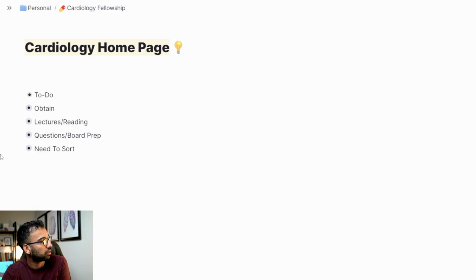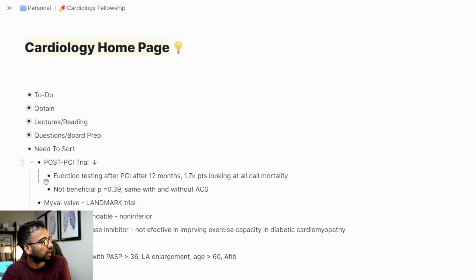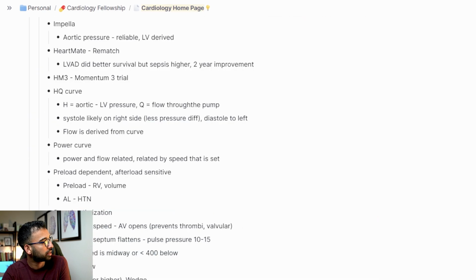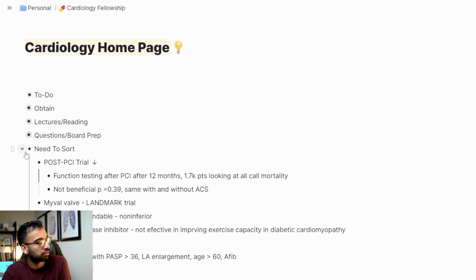And the last one is kind of a need to sort. So if there's anything that I have not moved into a specific topic, but maybe I've taken notes on, which happens to be a lot, at some time when I have some free time, I will go ahead and clean that up and put it there. But this is kind of my homepage,